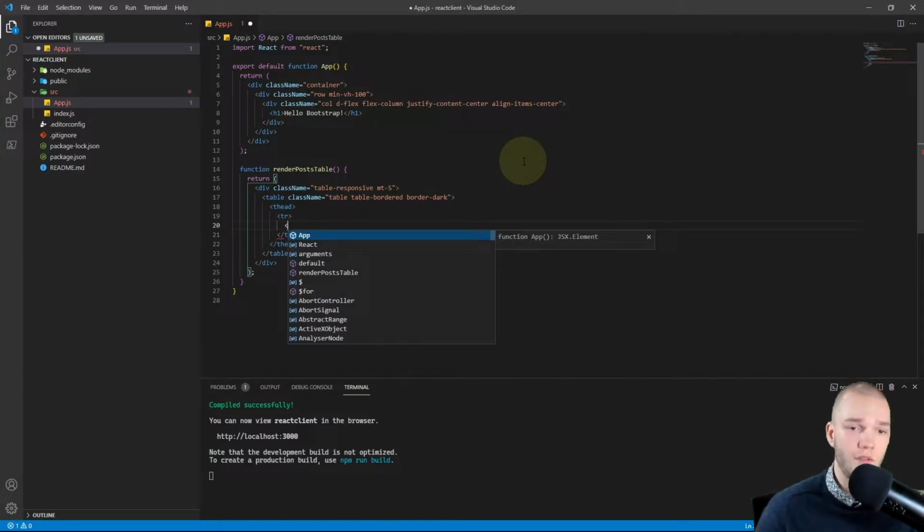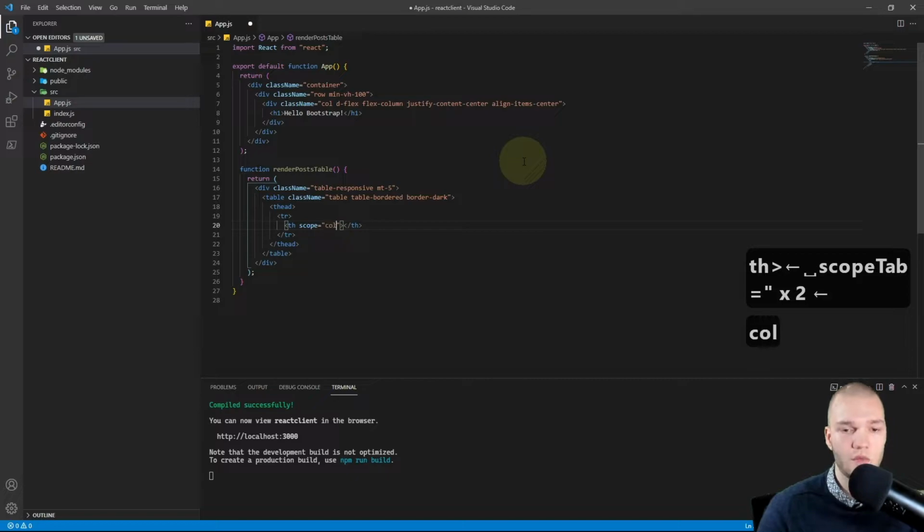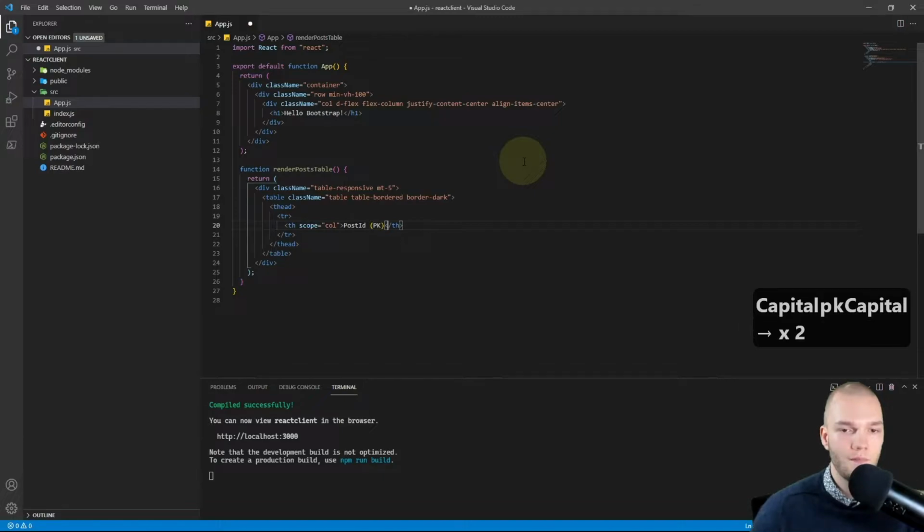And then I'll add a few table headings, so th, and I'm gonna set the scope attribute to col. And for the contents, for the text, I'll do Post ID parentheses PK, so primary key.